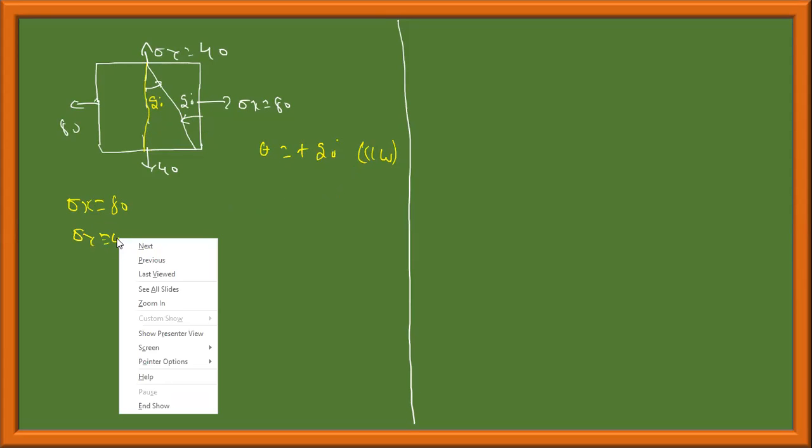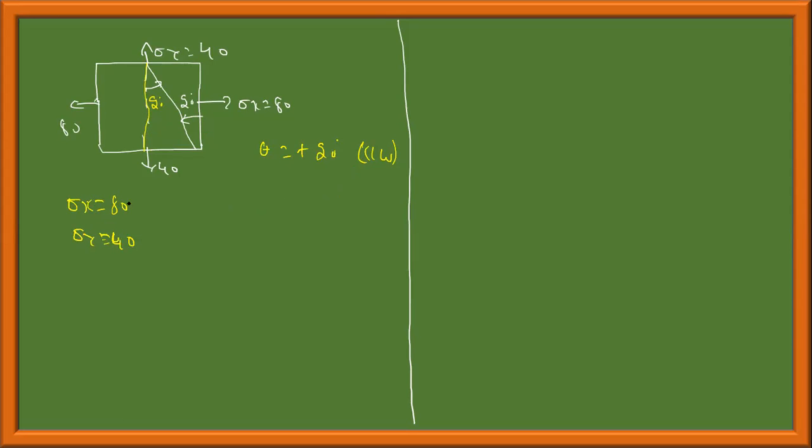We should write that, and theta is equal to 20 degrees. As usual, first sigma n is equal to sigma x plus sigma y by 2 plus